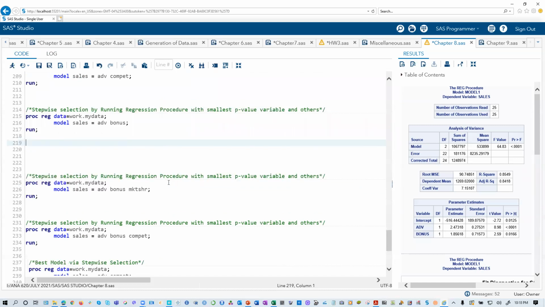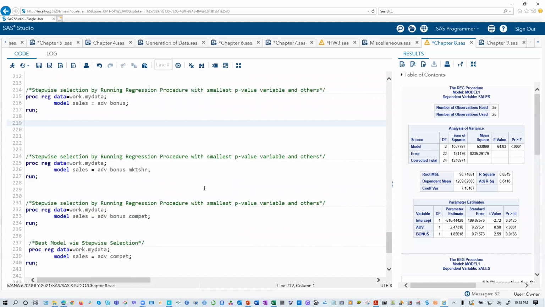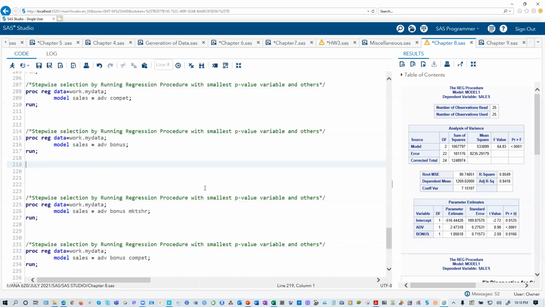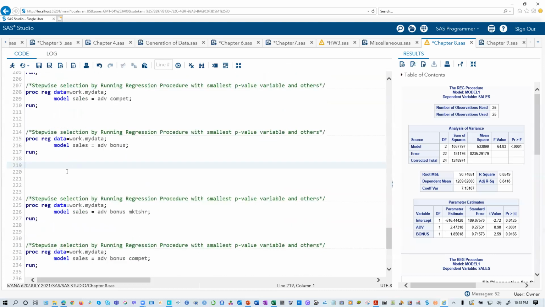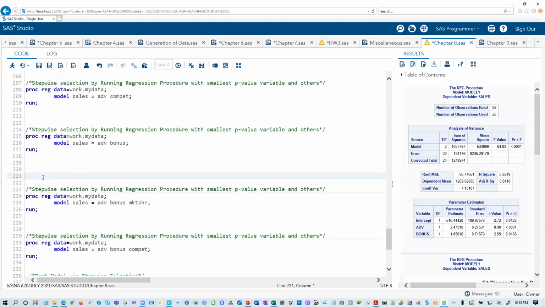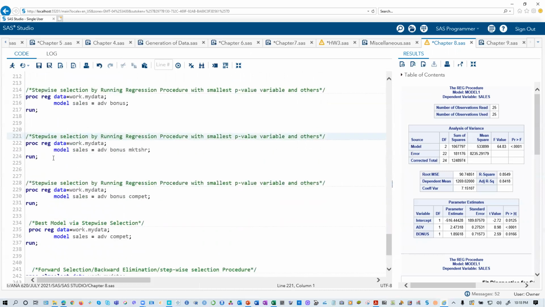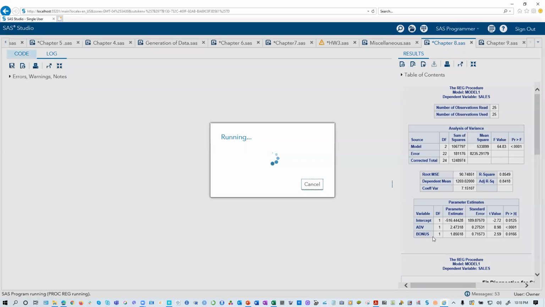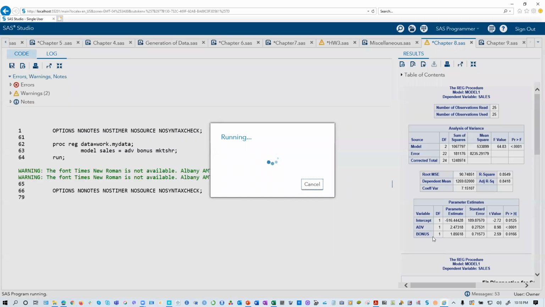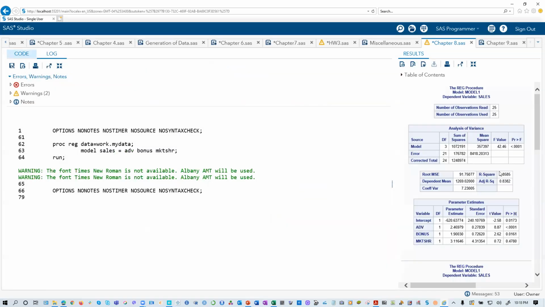That is good. Now you go to the third model. For the third model, with those two already in the model, you're going to add the third one. Now, if you have a fourth one, you're going to add that as well. Three at a time. Since we have been left with only market share and the competition,